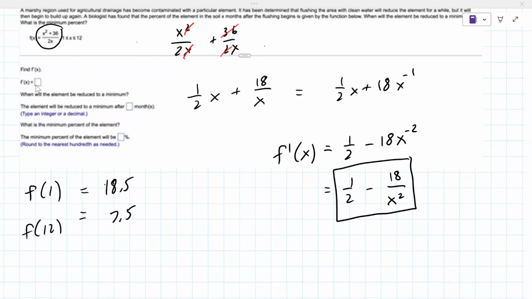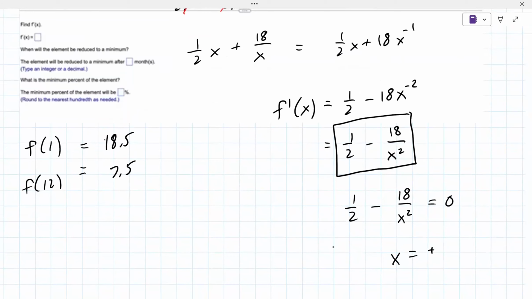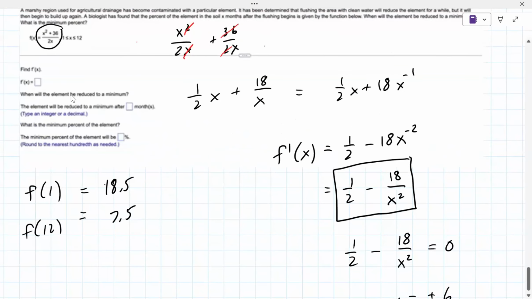But that's this first box here. We still have to set it equal to 0. 1/2 minus 18 over x squared equals 0. When you solve this, you'll find that x is plus or minus 6. So the 6 is the only one that fits in this window. So you go back to evaluating it at 6, and